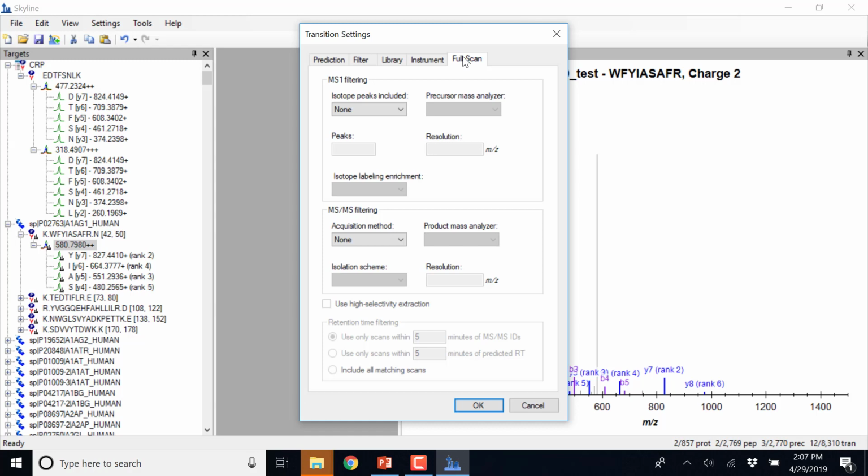So what does all that mean? If you have these targets and you don't have this full scan option enabled, Skyline is going to only filter for the product ions. It's not ever going to look for the precursors unless the precursor is listed as a product ion. So that's one thing to note. Two is,